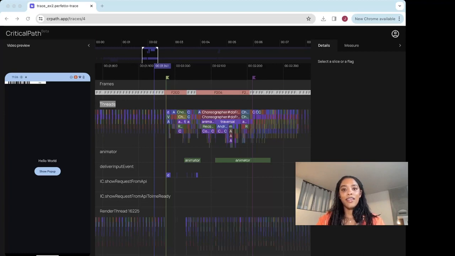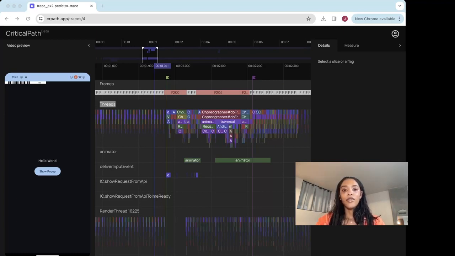At the heart of CriticalPath are two main components. The first being our smart instrumentation, where we only instrument what matters to avoid unnecessary noise on the trace file. And then second is our CriticalPath tool. The CriticalPath tool is a platform for pre-production performance engineering that allows you to understand exactly how your mobile app's code is being executed, highlighting any delays in performance while also relating the code to what the user experiences